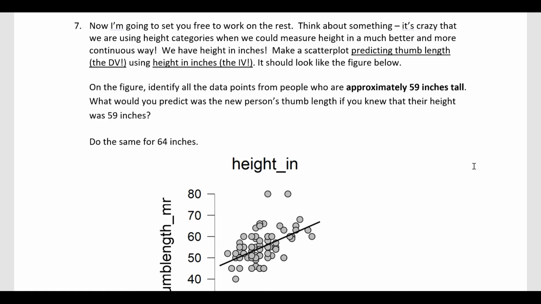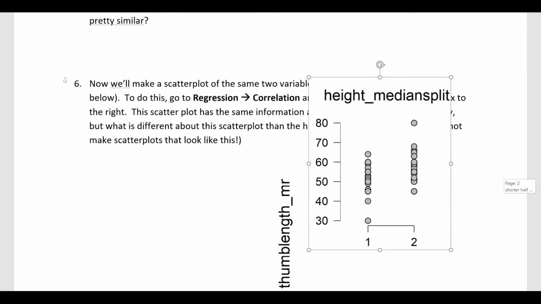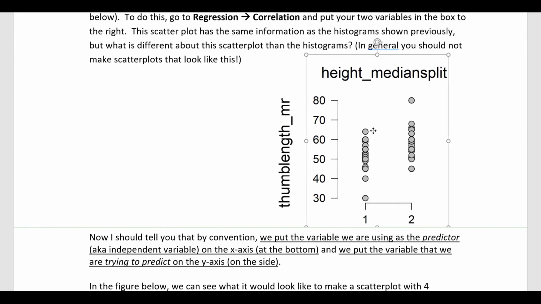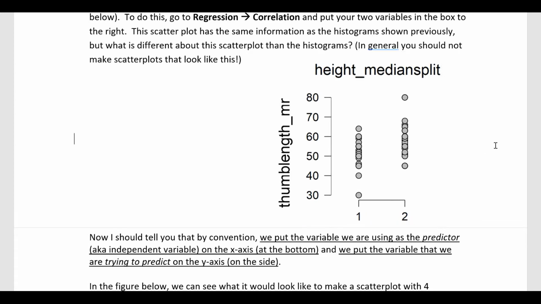And generally in the US, we talk about it in terms of inches. How many inches tall are you? And we convert it to feet and inches, right? So it seems a little silly that we would be looking at height as a categorical variable, when really in reality it's not a categorical variable,